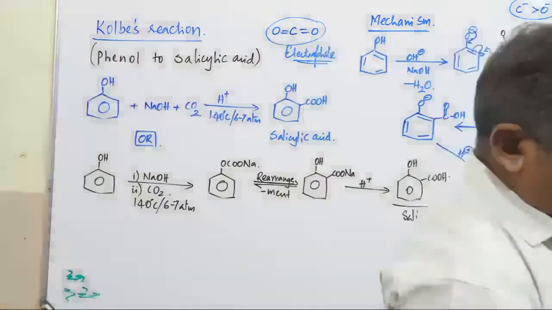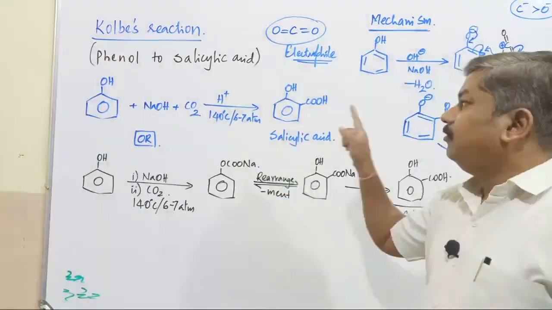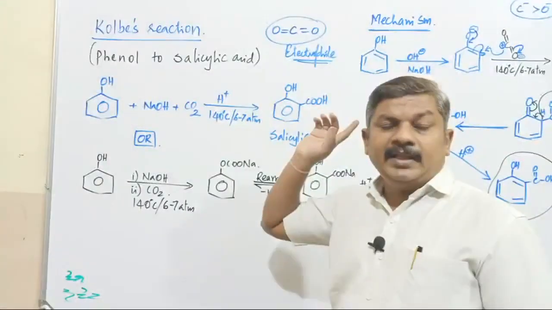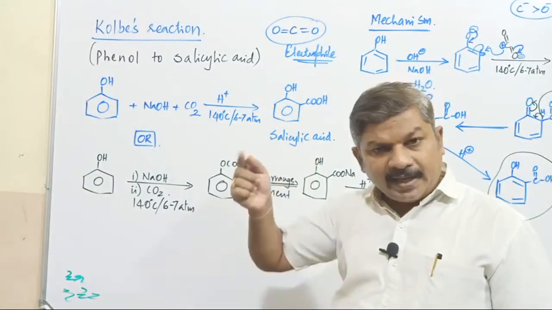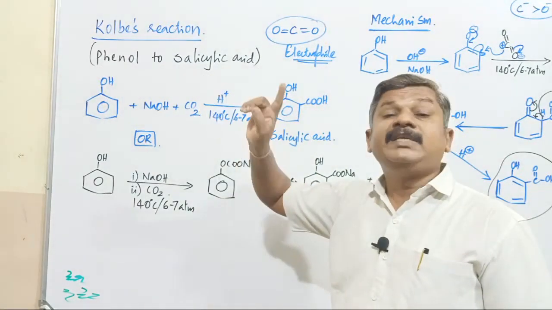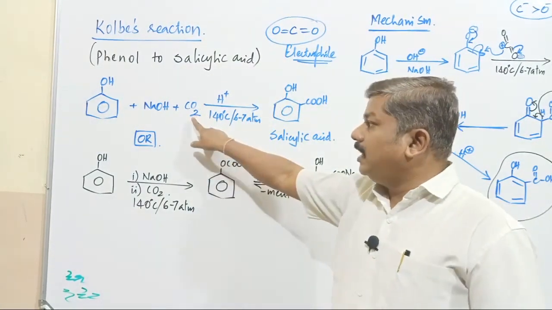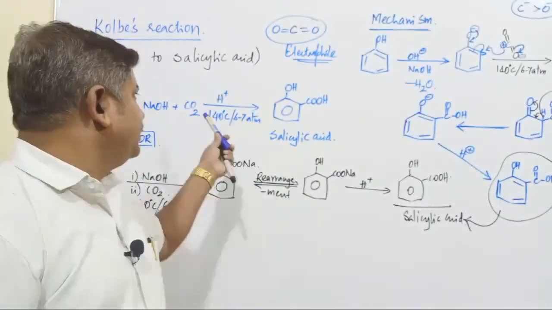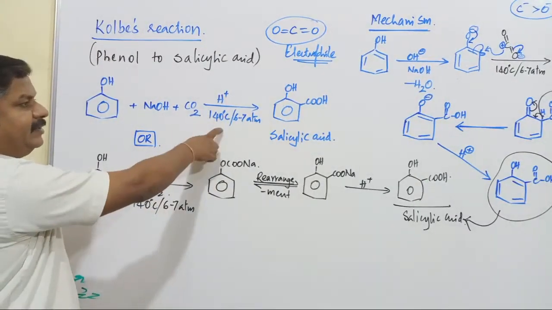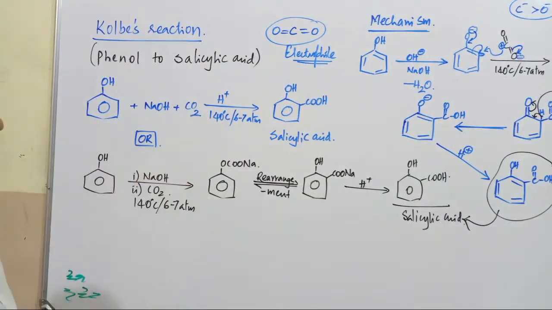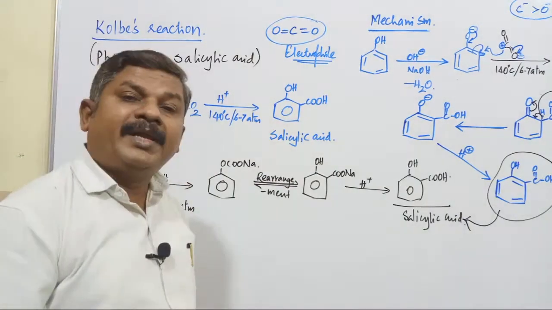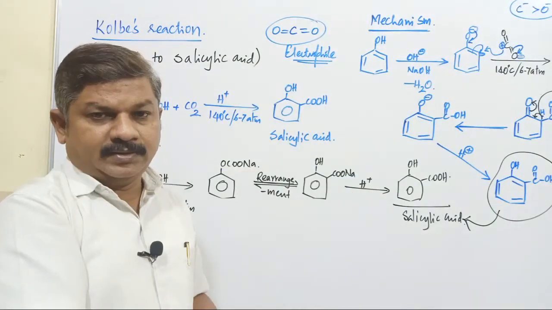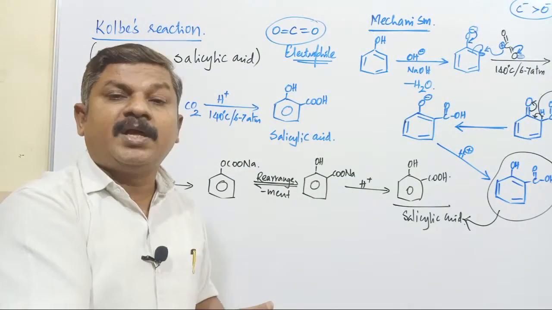In both Reimer-Tiemann reaction as well as Kolbe's reaction, phenol is converted into salicylic acid, but the reagents are found to be different. In the conversion of phenol into salicylic acid by Reimer-Tiemann reaction, we use the compound CCl4, carbon tetrachloride, but here we are using what? Carbon dioxide. Remember, phenol plus sodium hydroxide and carbon dioxide, wherever it is there, under this condition, it is always what? Kolbe's reaction. In the examination, especially in board examination, if you are asked to explain the conversion of phenol into salicylic acid, there is confusion whether to go with Kolbe's reaction or Reimer-Tiemann reaction.